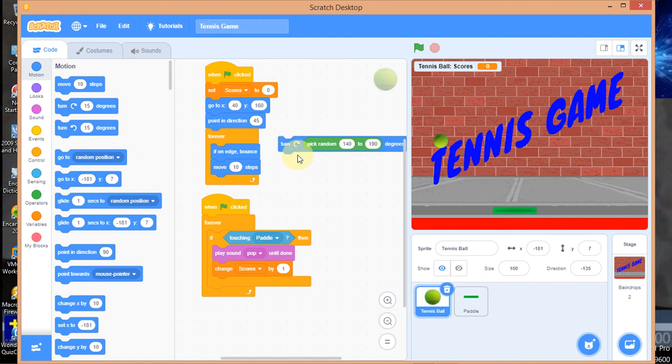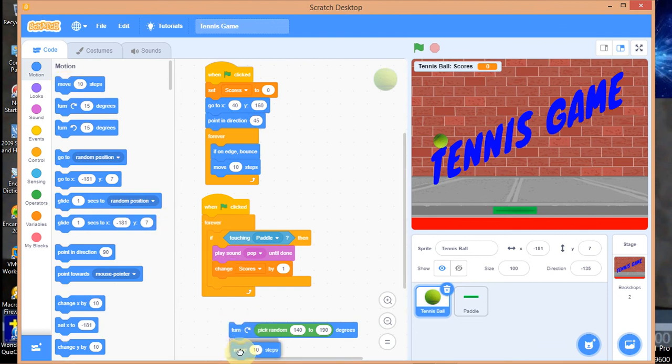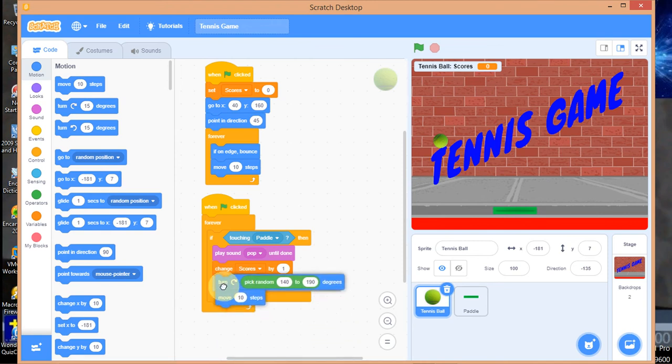Okay, now that is the movement. Then I also want this. I don't want it to be too slow, so I may work with the default movement. So move 10 steps is okay. Let's just work with move 10 steps, guys. What I'm doing now is, if you look at this one here, if on edge bounce, 10 steps, but I don't want that bounce to be fixed, I want it to be a kind of random turn. Do you understand? So just plug this one in here now, guys.